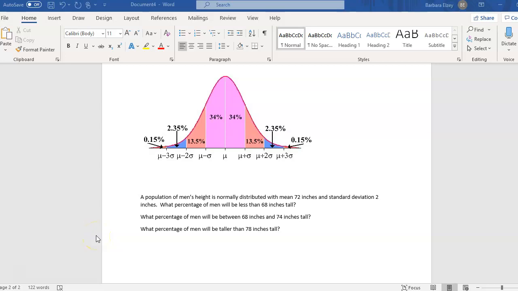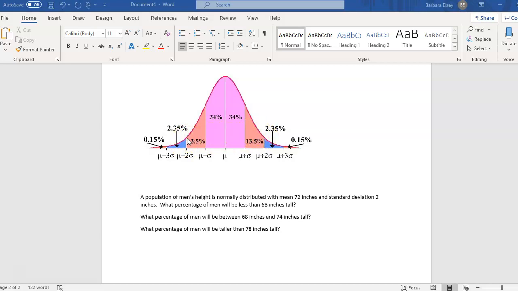Now we are going to apply the empirical rule. Let's remember that the empirical rule says that 68% of the data lies within one standard deviation of the mean. And notice our picture up here, this 34% on the left side and this 34% on the right side represent our 68%. And notice that it's one standard deviation to the left here and one standard deviation to the right here. And then if we add this 13.5% and this 13.5% over here, that represents our 95% of data